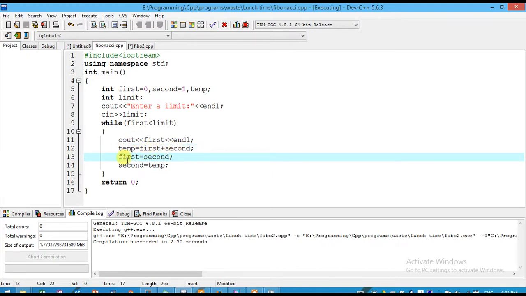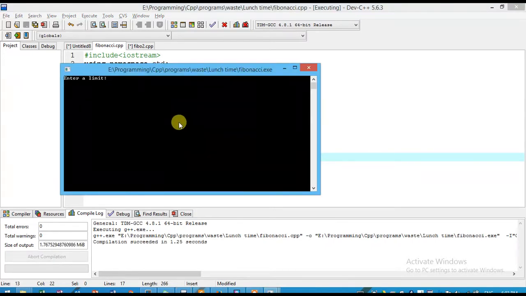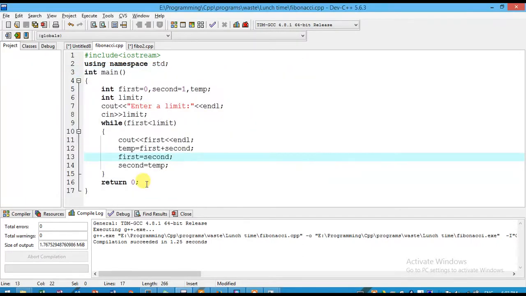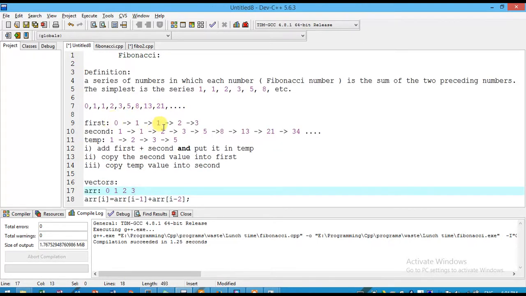Here you can see that first will be second as per our step and second will be temp, and if we iterate it we will get the result. If you enter 50 we will get the result here, right? And we are printing first here, that means we are going to print from 0 1 1 2 3.